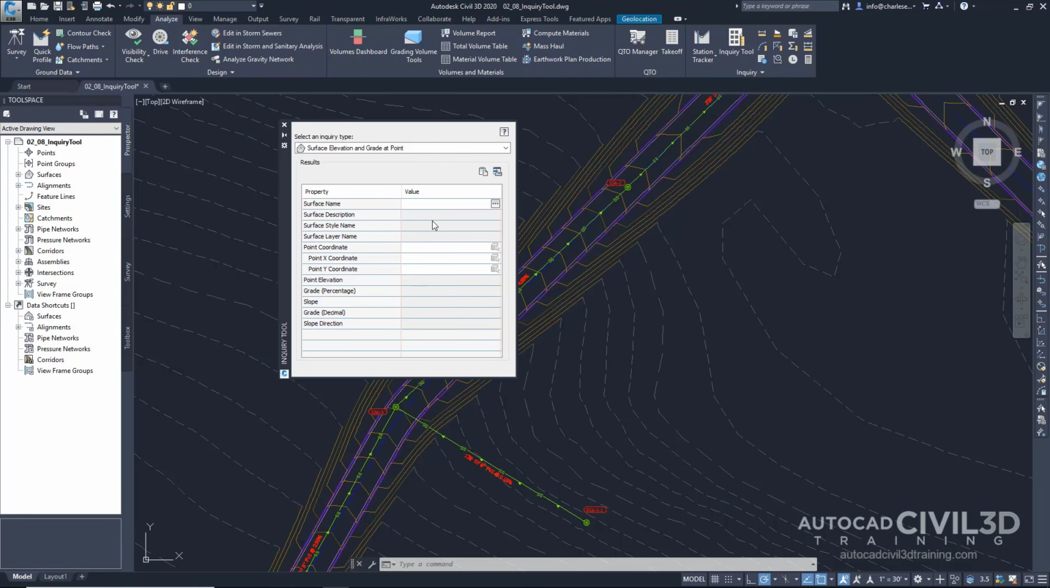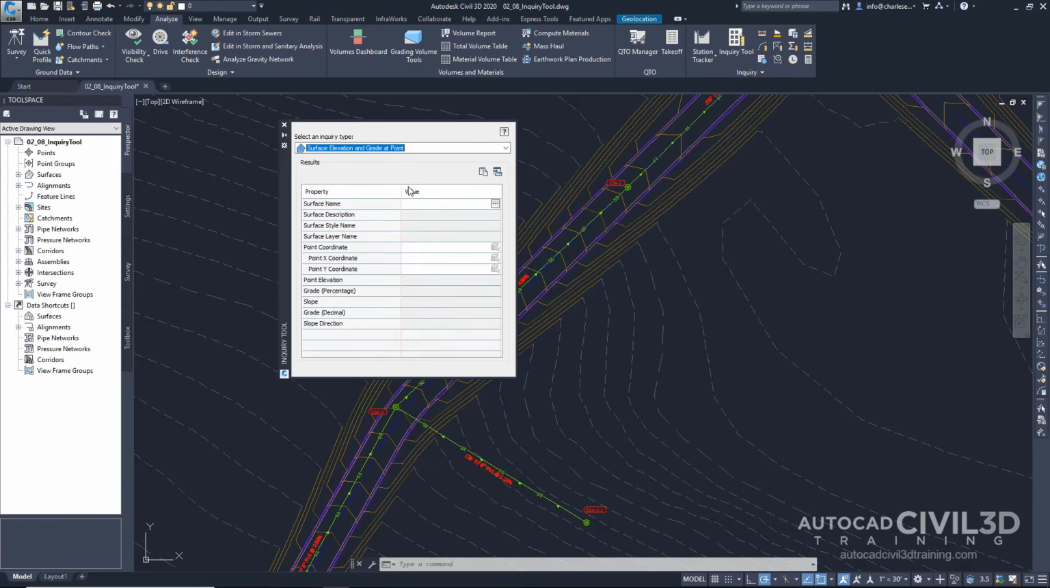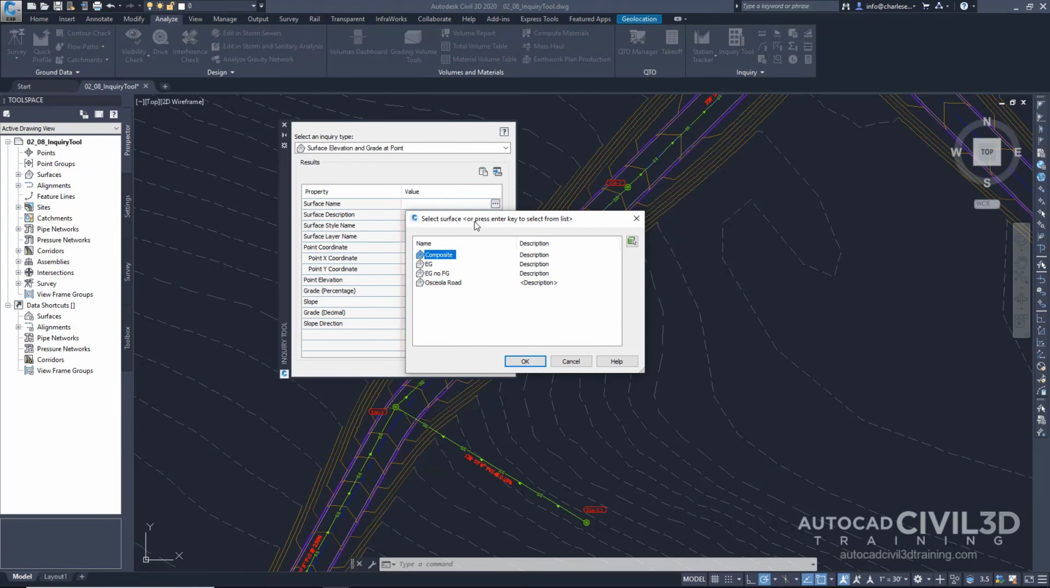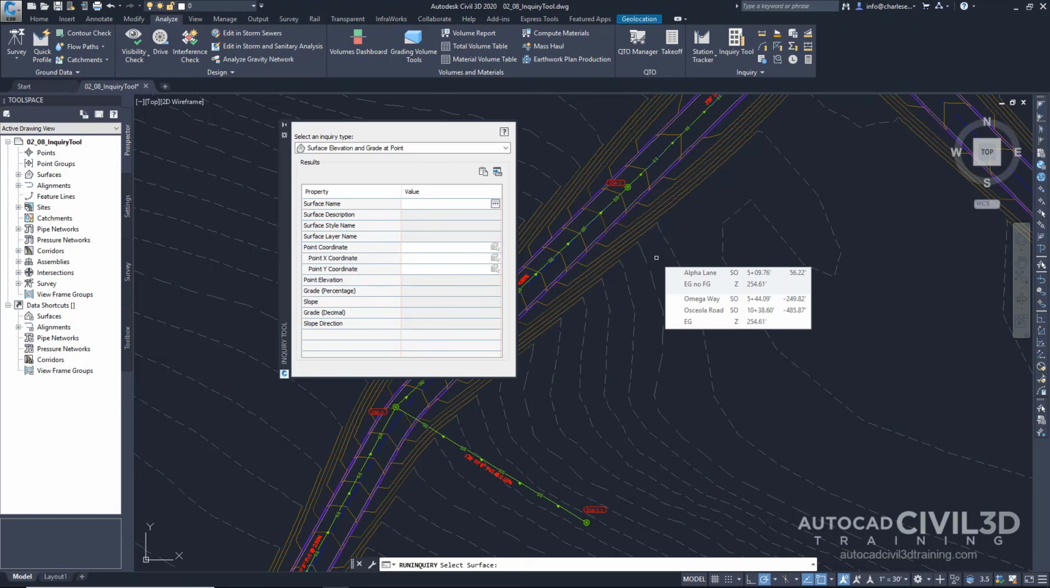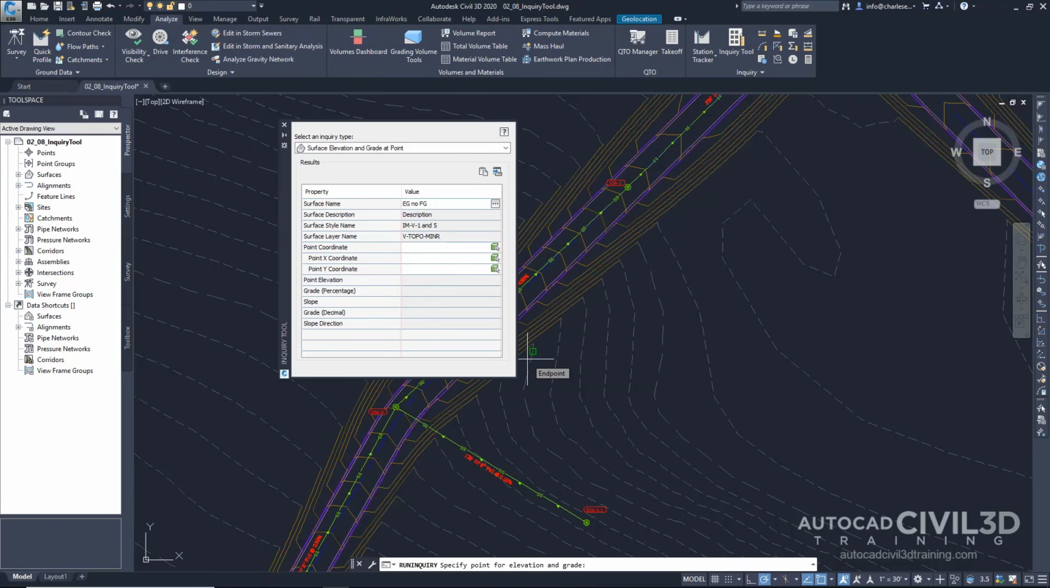So let's go to the surface and choose, we've got a list of options here, and choose surface elevation and grade at point. Now what I'm going to do is select my surface graphically by choosing this button, and it says select surface. I'm going to pick my existing surface, e.g. no FG, click OK, and now it's saying specify point. So we'll just pick a point anywhere,